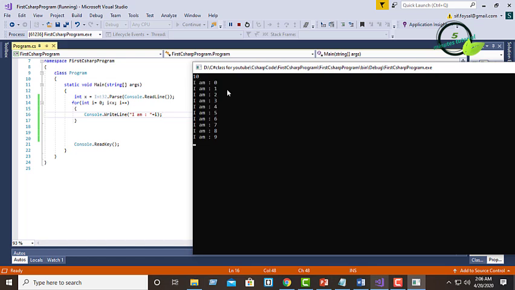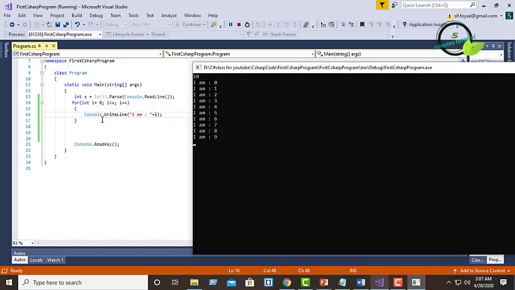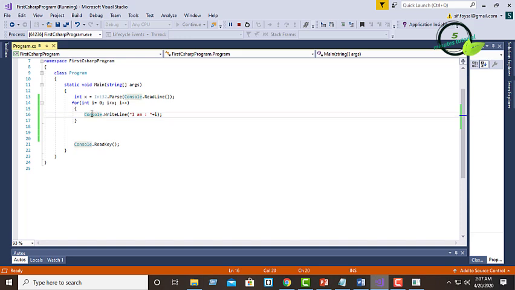Here we can see the first I's value is 0. I have started counting from 0. When I's value is 0, it is checking the condition: is 0 less than x, meaning 10, or not? 0 less than 10 is true, so it has executed the code.